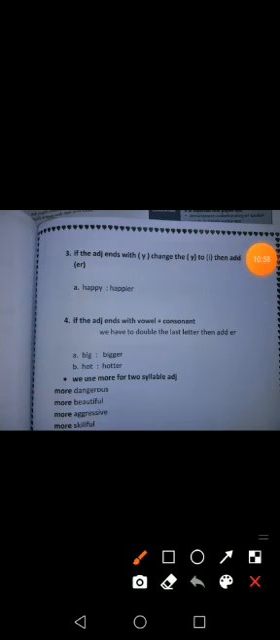Can you see? Another example, hot. Here we have a vowel and here we have a consonant. Vowel o, consonant t. Double the last letter and add er. Hot, hotter. Okay student, double the last letter and add er. So this is about what? This is about